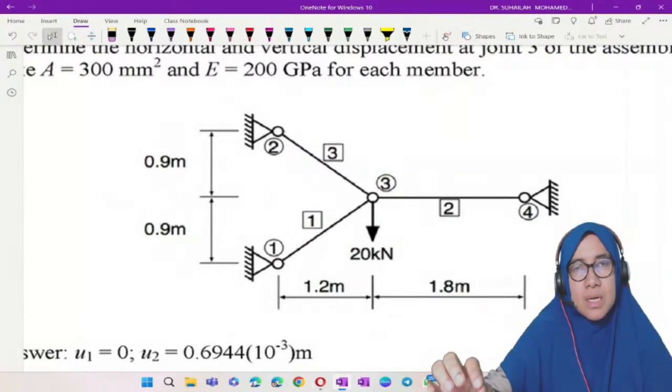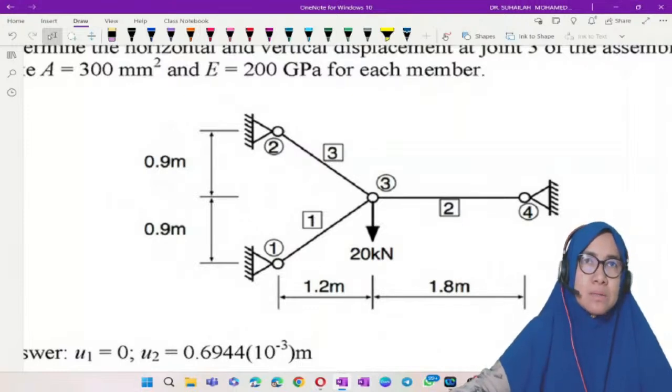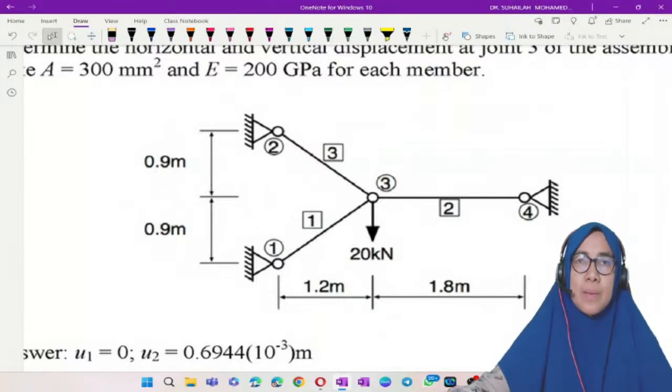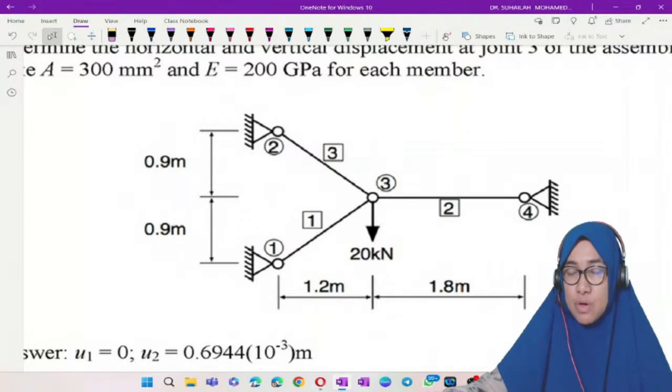4 nodes: node number 1, node number 2, node number 3, node number 4. And normally in the stiffness method, we label the node number under the circle. Node represents joint, so actually in this truss there are 4 joints: 1, 2, 3, 4. To get a member, we have to know a member consists of 2 joints. So we have here